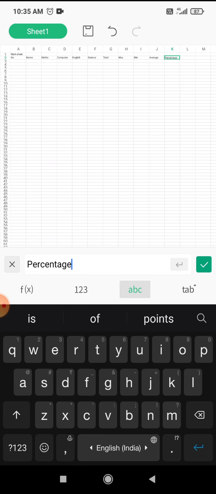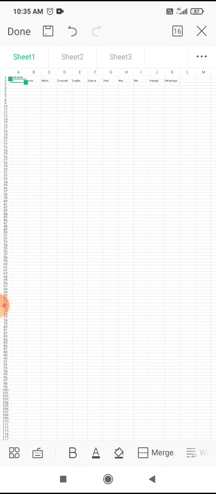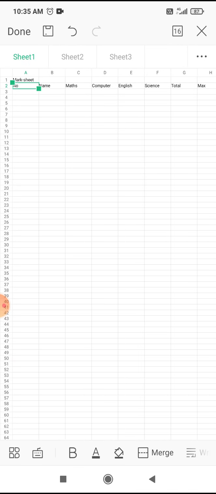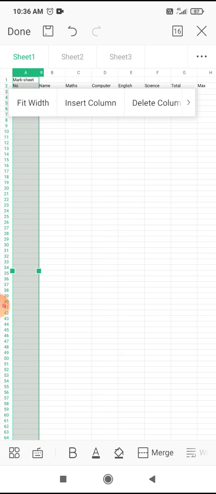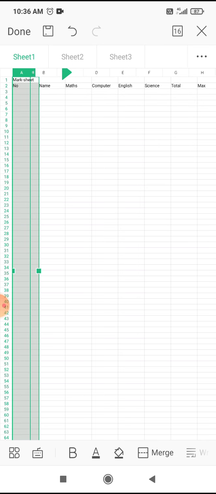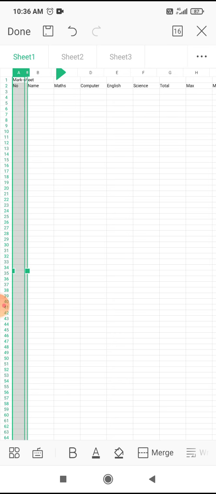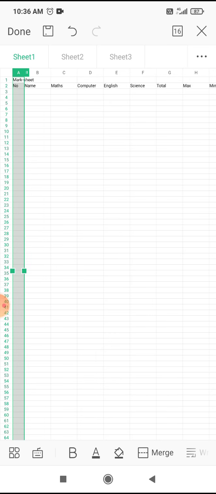Here you can see all the columns which I have done. I just decrease the size of my number column by selecting the whole column from the upside.